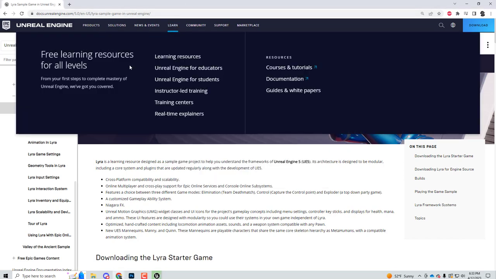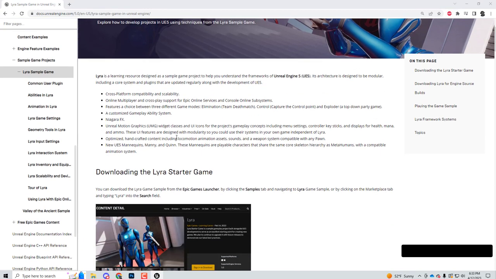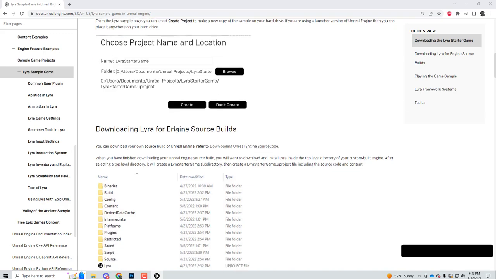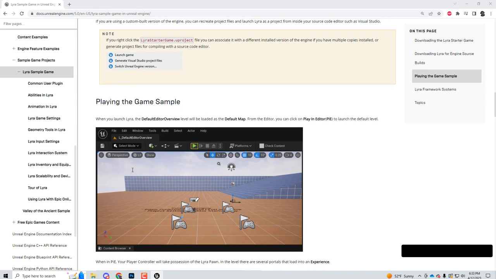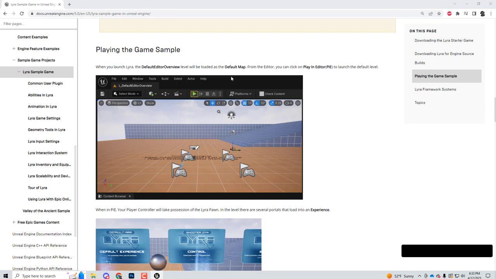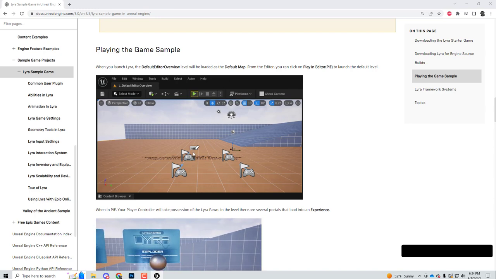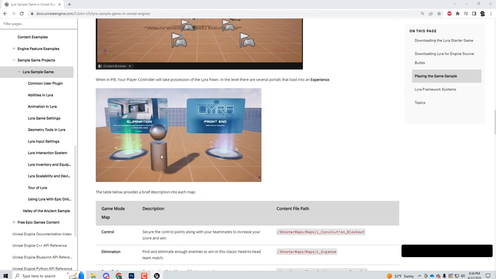And actually, while we're waiting for it to load, you will need to also look up in the Unreal Engine the Lyra sample game, which it keeps popping up. Look up the Lyra sample game, and in here has a whole bunch of info. This is pretty much what I just went over here. And there's things like, very useful, playing the game sample. The default map goes to this, and it lets you run around and choose multiple portals to play the different